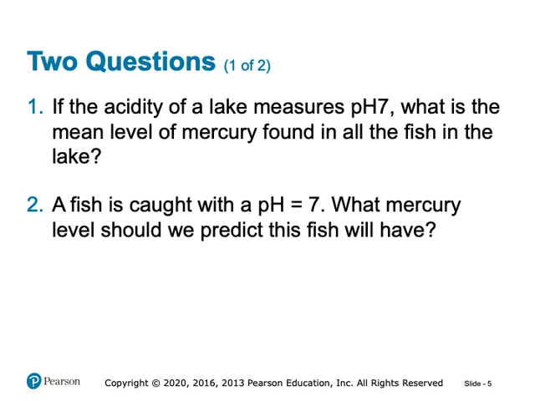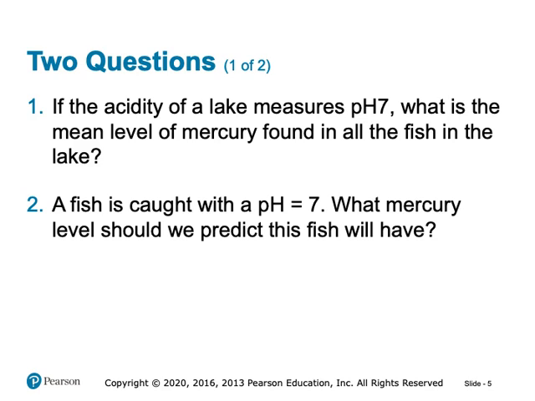This question is asking us to estimate the average mercury level for a group of fish when the lake's pH level is 7. This is a question about the mean, which means we're focusing on the overall trend in the data rather than individual cases. The answer to this question would typically involve calculating the mean mercury level for all fish when the pH is 7, using the regression line equation.